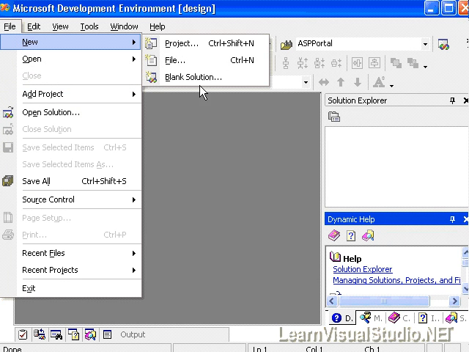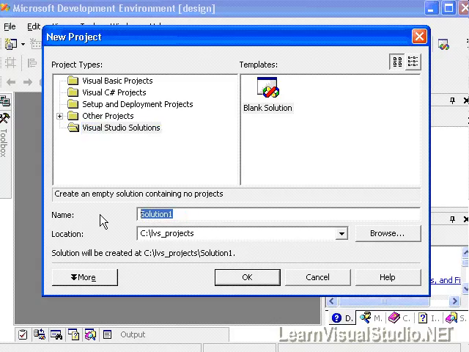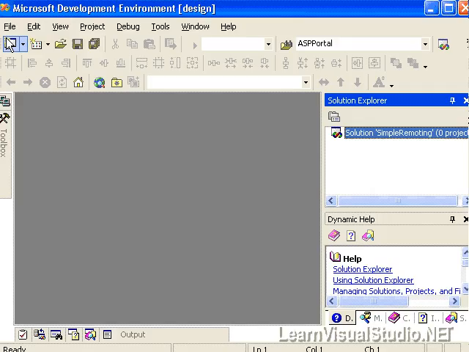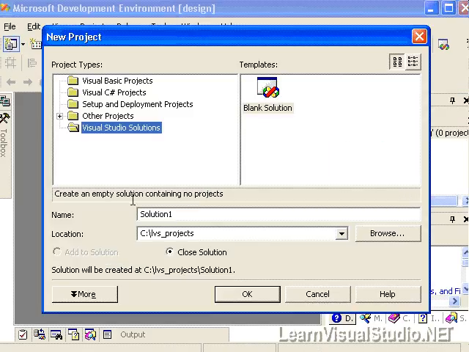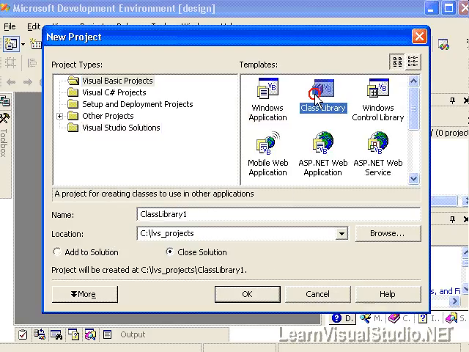So let's go ahead and start our sample here. I'm going to create a new blank solution, and we'll call this simple remoting. And I'm going to go ahead and add a new project to it. Let's select this class library, call it business objects, and I want to put this in the simple remoting folder, or else they'll all get separated. I want to keep them all together in the same solutions folder. So that should do it. Business objects, simple remoting, looks great. I'm going to click OK,